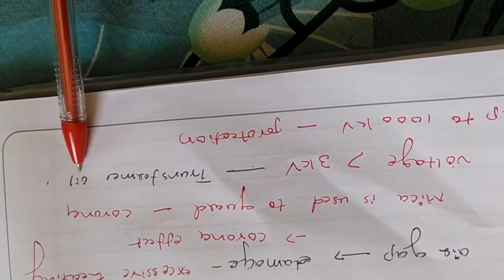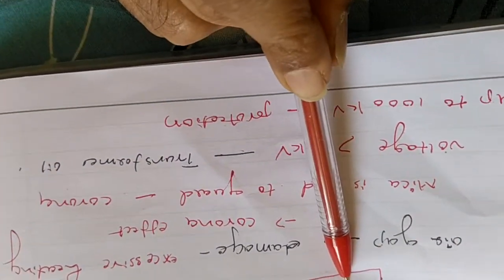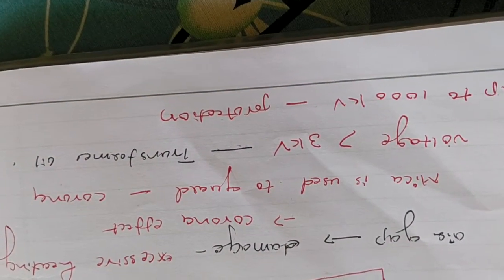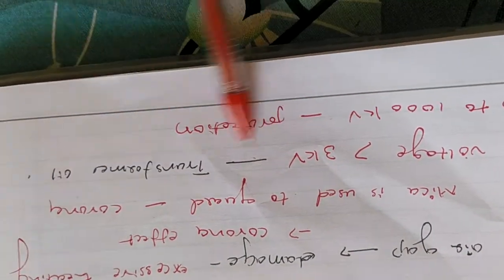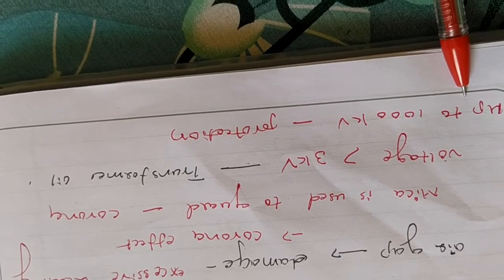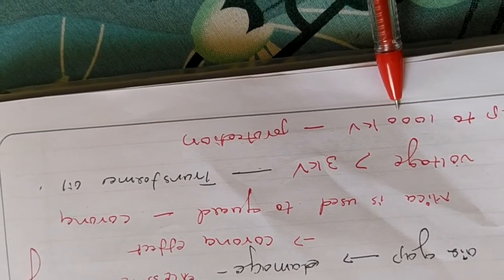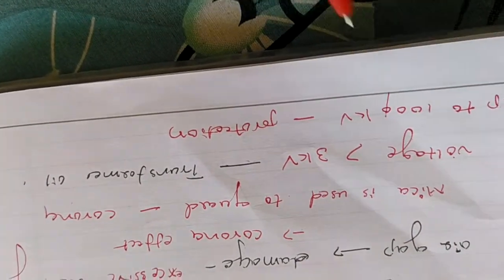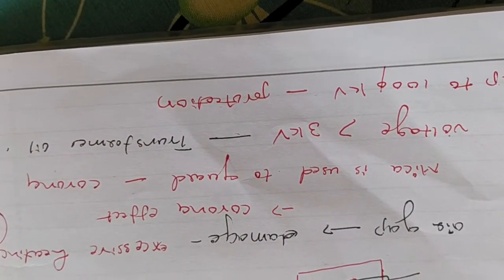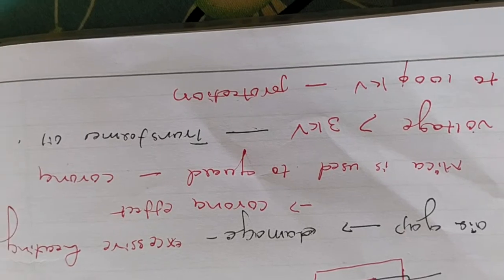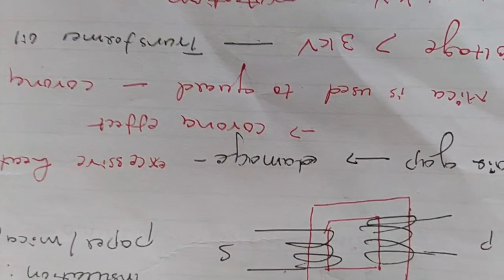Transformer oils are used, and sometimes the transformer is immersed in oil, what you call an oil-immersed transformer, for high voltage application. This transformer oil provides insulation up to 100 kilovolt, not 1000 kilovolt, it is 100 kilovolt. It gives protection to the transformer. These are the applications of dielectrics in transformers.